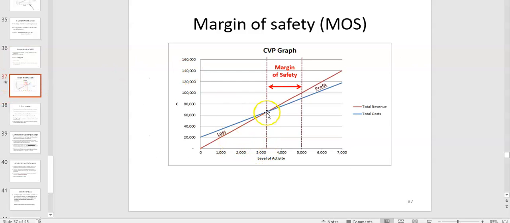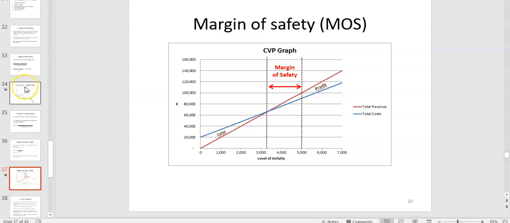The break-even rate is this line here, 3,334 units, and the 5,000 is the current level of activity. So that buffer in the middle is called your margin of safety. That's how much your level of activity can fall before you start to make a loss, before your total costs exceed your total revenues. So they are quite important insights in terms of being able to use CVP